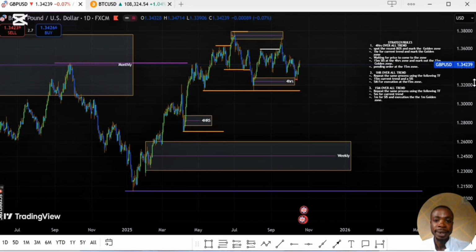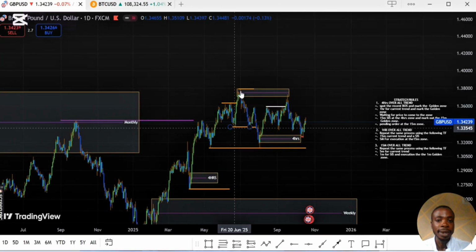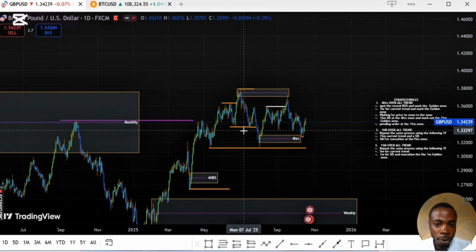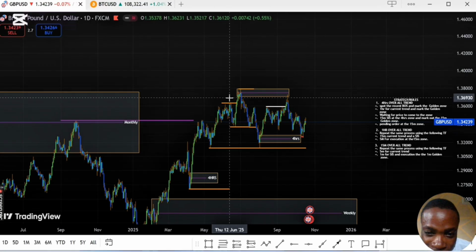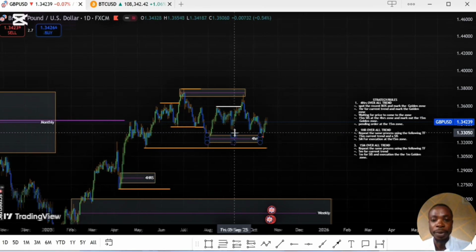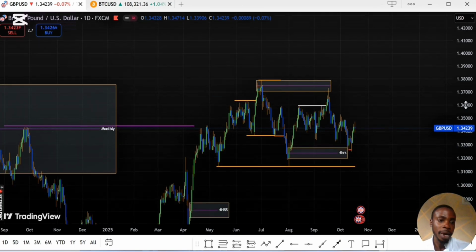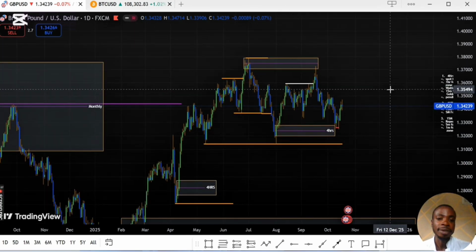Here, on a daily time frame, this is a high, a low, a high. These look like a break of structure. Though, I did not call it a break of structure because the candles that form this retracement is not complete. Another person can say it is complete, but to me, where I observe my candles, I can say it's not complete. So I'm still observing it as a break of structure, because if you go a little bit lower, it now makes sense that okay, this is a change of character.